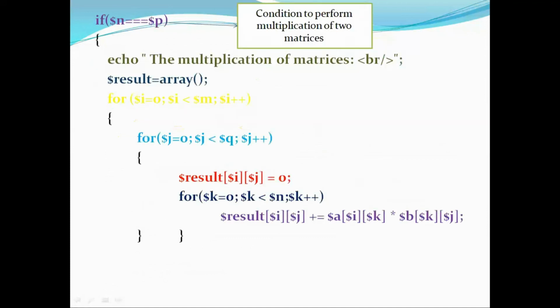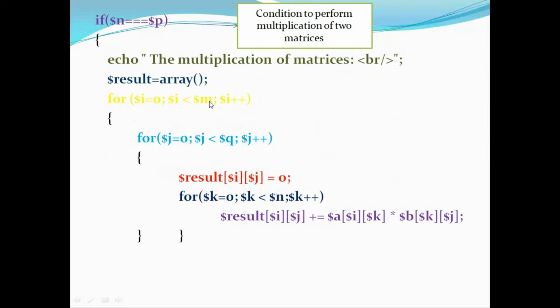Next is the last operation, called matrix multiplication. In order to perform the matrix multiplication, we need to check for one condition: if $n is equal to $p. What do you mean by that? It means the number of columns of the first matrix must equal the number of rows of the second matrix. Then only we can perform the matrix multiplication. And the result will have the same number of rows as the first matrix and the same number of columns as the second matrix. If the condition is true, then we are printing the message